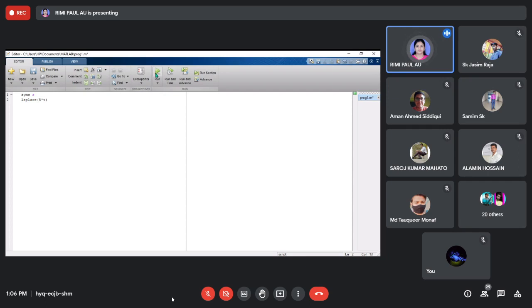Now you can see the run button. Now save it, or if you press the run button, it will automatically save. Now apply the run button. Now you can hear one sound. That means an error is present. That's why you are hearing a sound. And you can also see where the problem is.